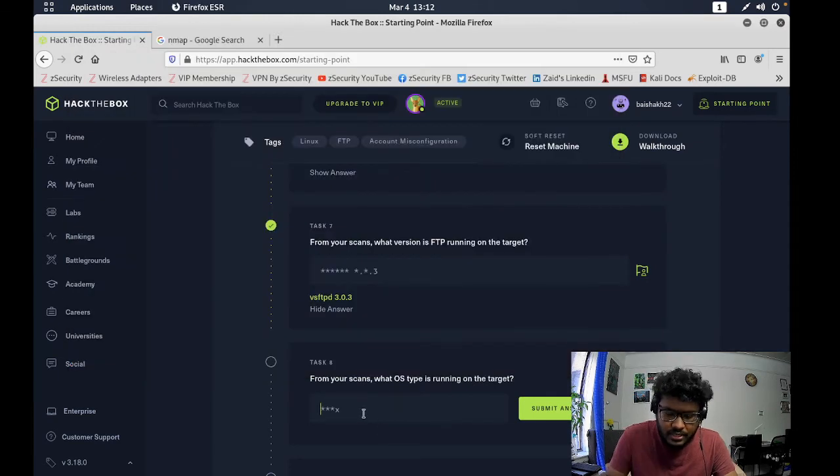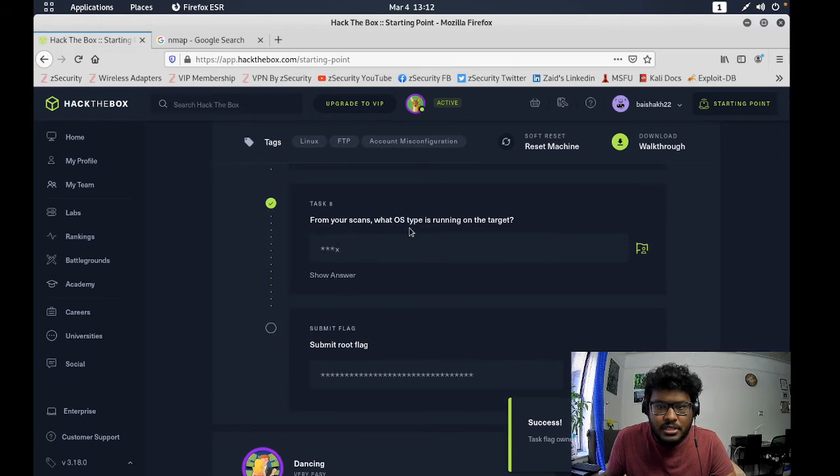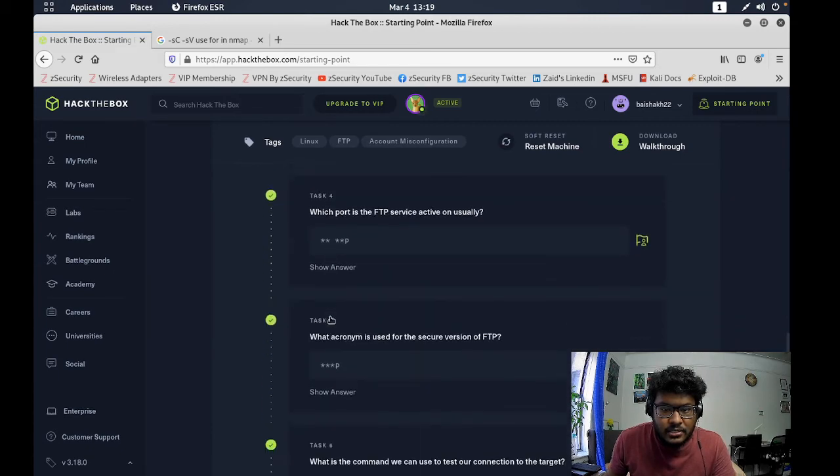So we can use Unix. I think it should work. Yeah, perfect. So our operating system is using the Unix machine. Now we will be used to submit the root flag. Okay,